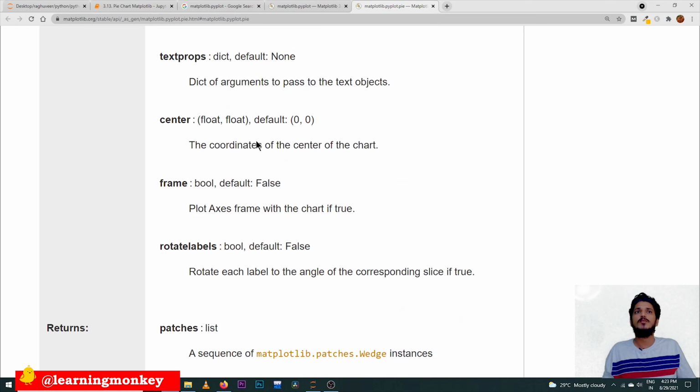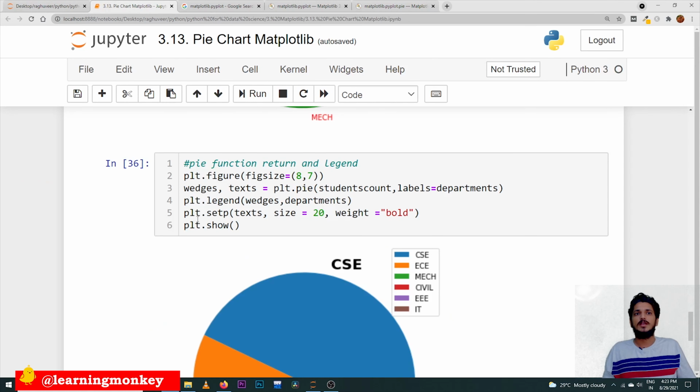Another option is using the setp function: we take the text objects, wedges comma texts, and size is given as 20, weight equal to bold. This is one way to modify the text; you can go to the methods present in the text object and modify them. Either way you can do that.